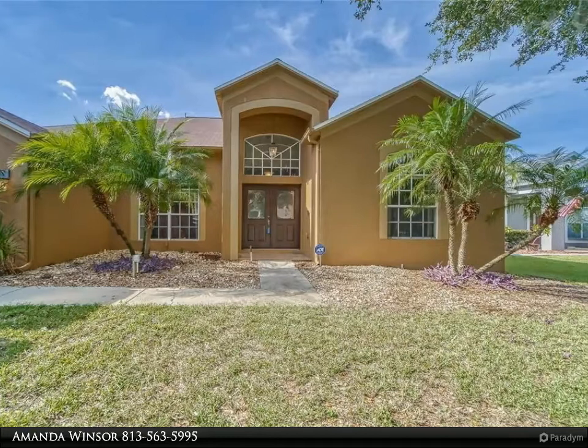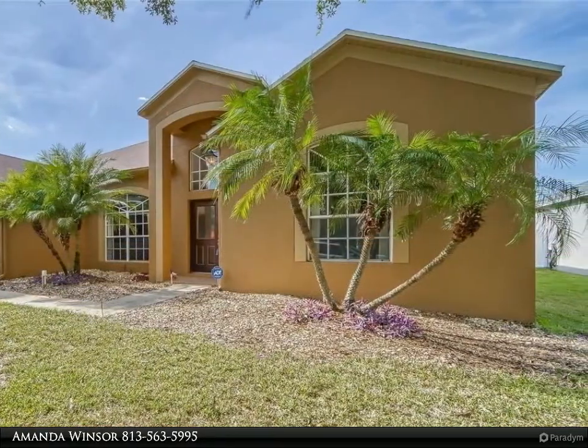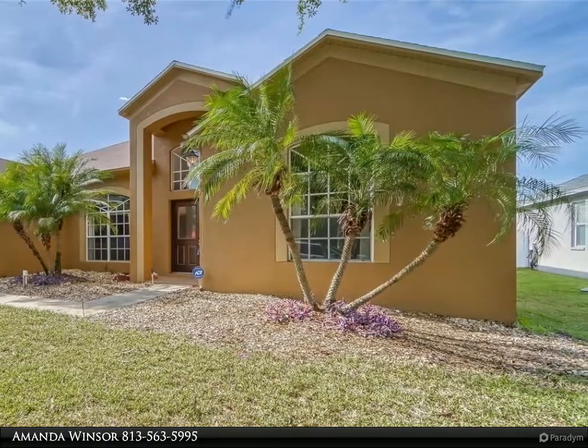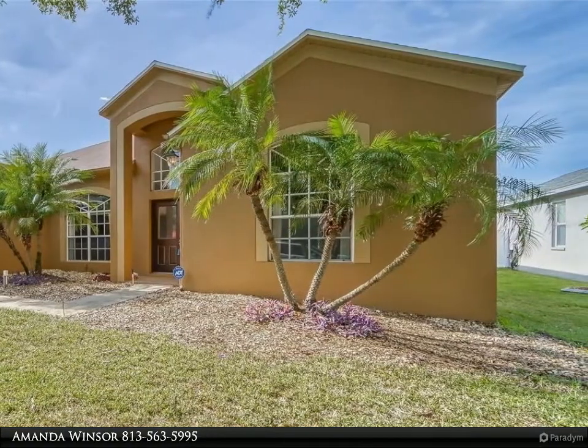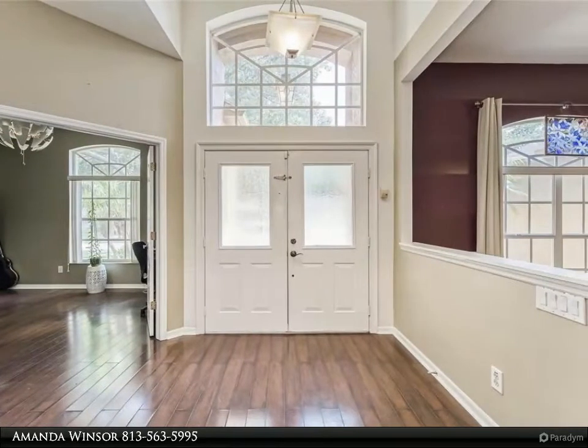Move-in ready home located in the charming Copper Ridge community. Beautiful 3-bedroom/2-bath, plus bonus office/den. The floor plan creates a steady flow between the dining room, kitchen, family room, and outdoor